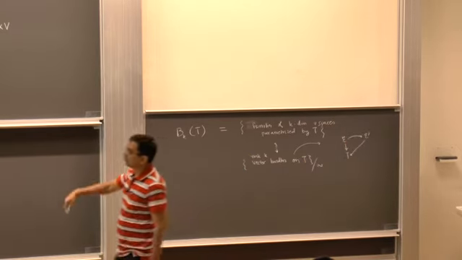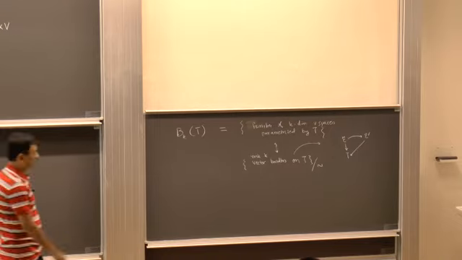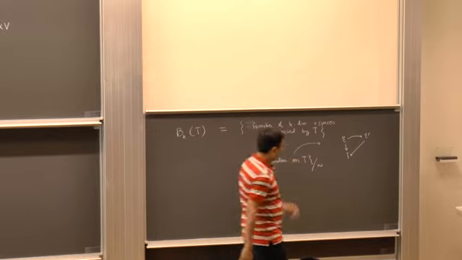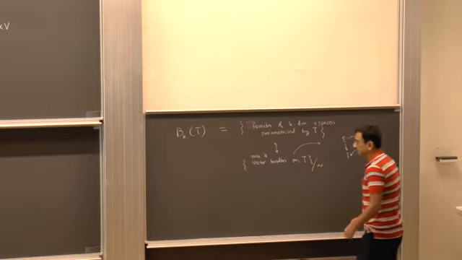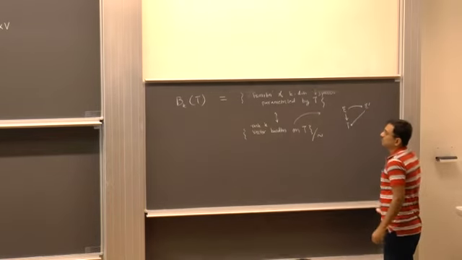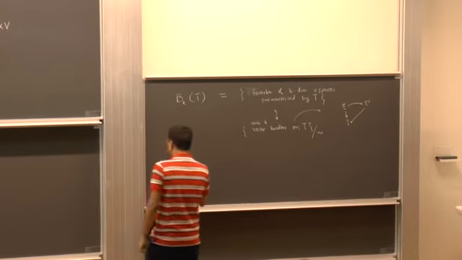Note that in the previous problem there was no need to identify any two objects. So it's already a set, and I'm just looking at subspaces. I don't need to say that when two subspaces are equal, but here we have to identify in order to make this into a set. Okay, so now it's easy to see that